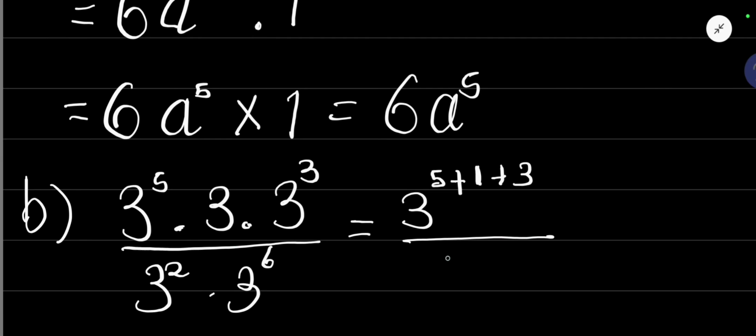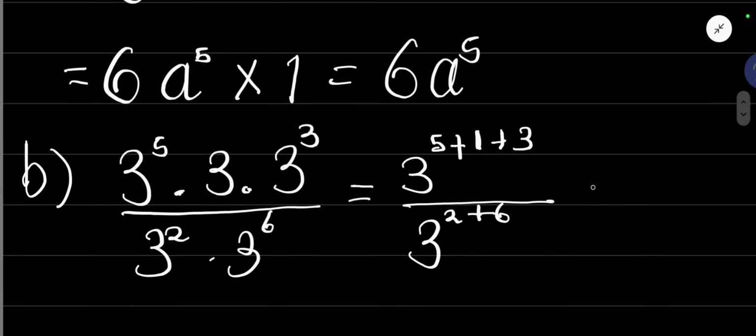Now for the denominator, we are going to take 3 to represent those two bases, and we say that 2 plus 6. Okay, then this will simplify to 3 exponent 5 plus 1, it is 6, 6 plus 3, it is 9, all divided by 2 plus 6, it is 8. Okay, then now